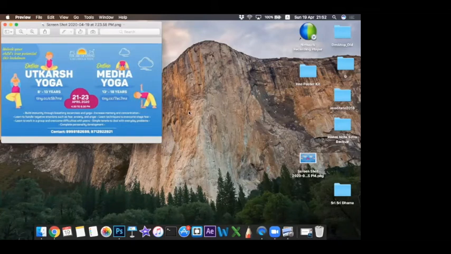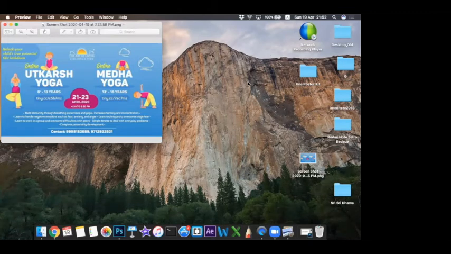Yeah, in case I have created this poster, the whole poster which I'm seeing on your screen right now, the one which is already available. So I take this poster, and if it is in a good resolution, the only thing which I want to change here is I want to keep the color of Art of Link logo, and I want to keep the color of the boy who is sitting on the Utkarsh text. And apart from that, everything I want to make it black and white. So how can it be done? Like I want to remove all the colors. Only Art of Link and the boy's clothes color I want to keep.